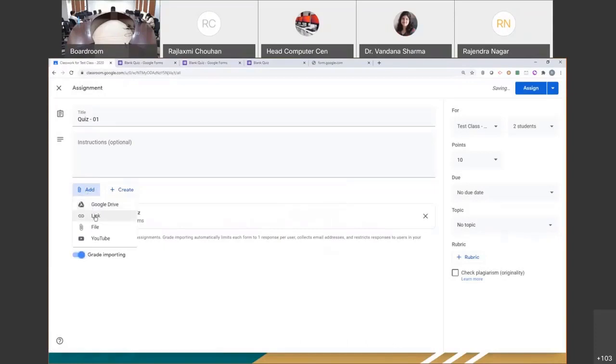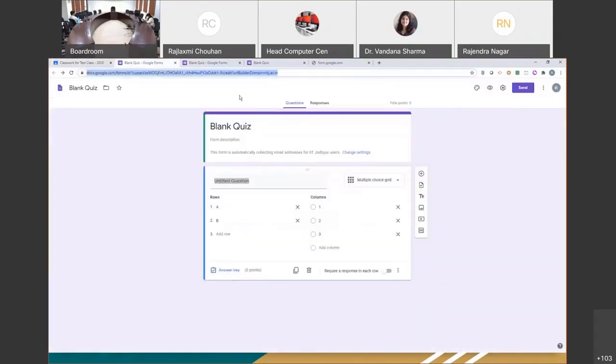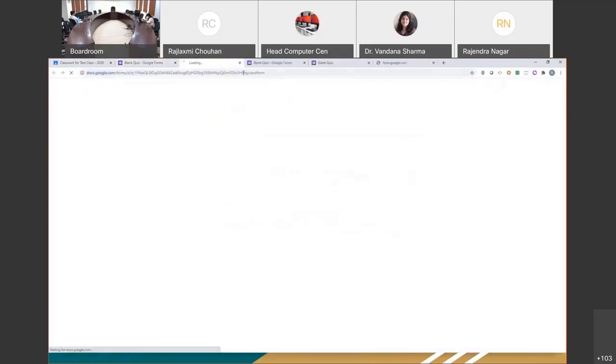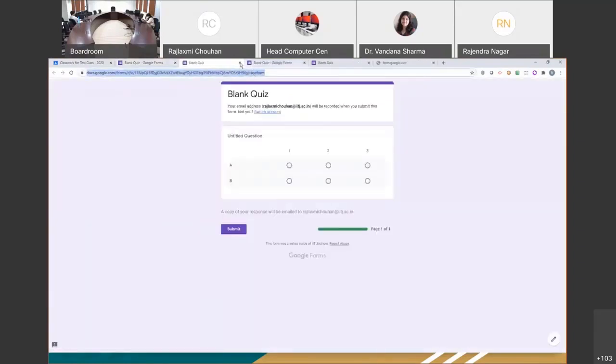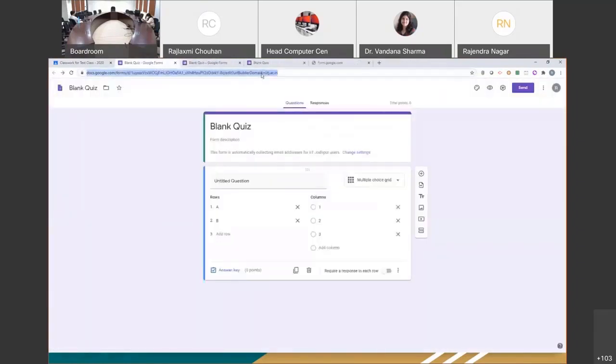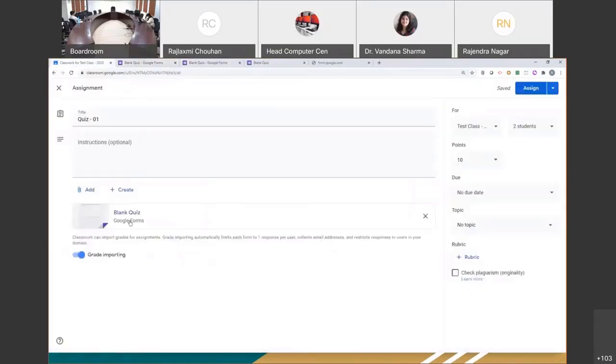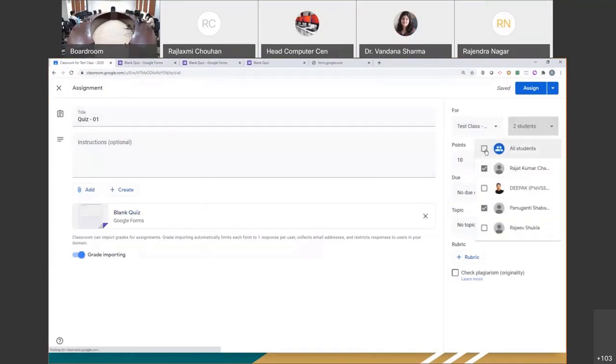So adding it as a link would do the same thing as it would do if it was by default here already. But one thing to note is that in the edit form, so it's not this link, it is not the view form link that you are inserting, it is the edit form link that you are inserting here. Right? So I assigned this quiz to 2 students, and then the other quiz that I just created, I'll remove all, and then I'll assign to maybe these 2.